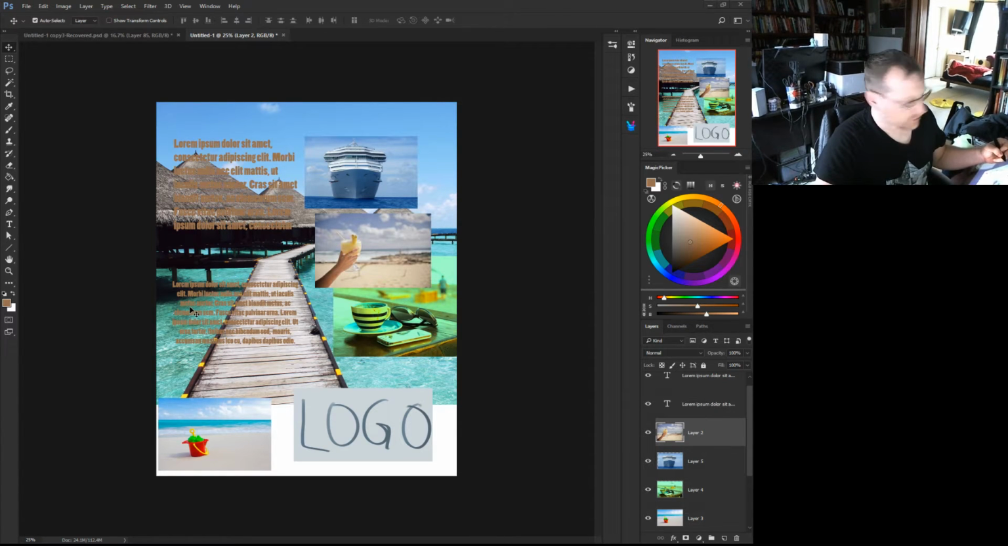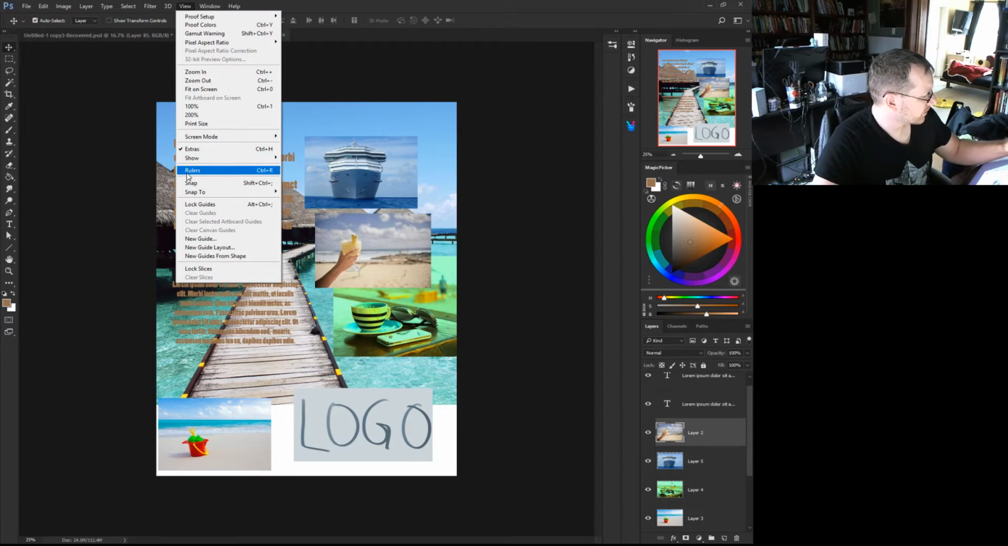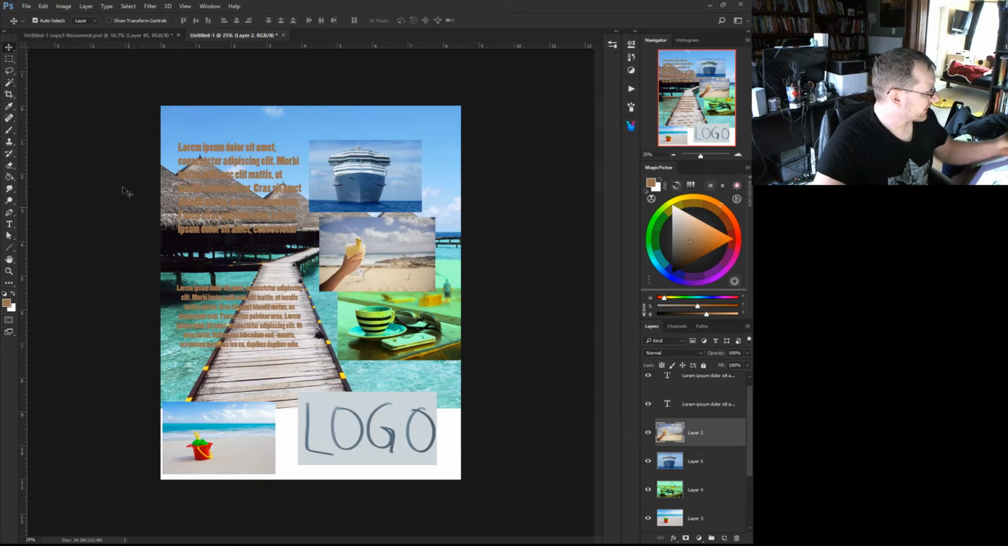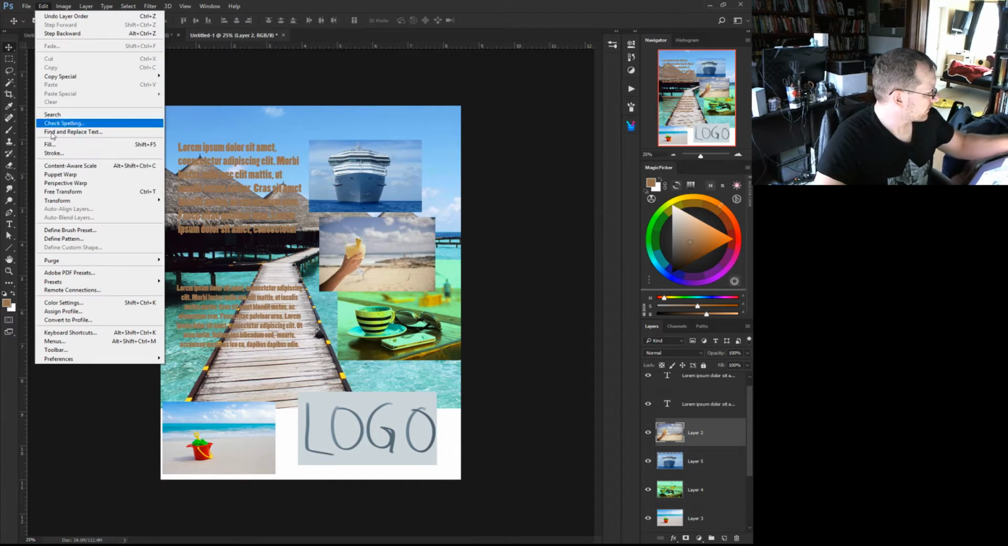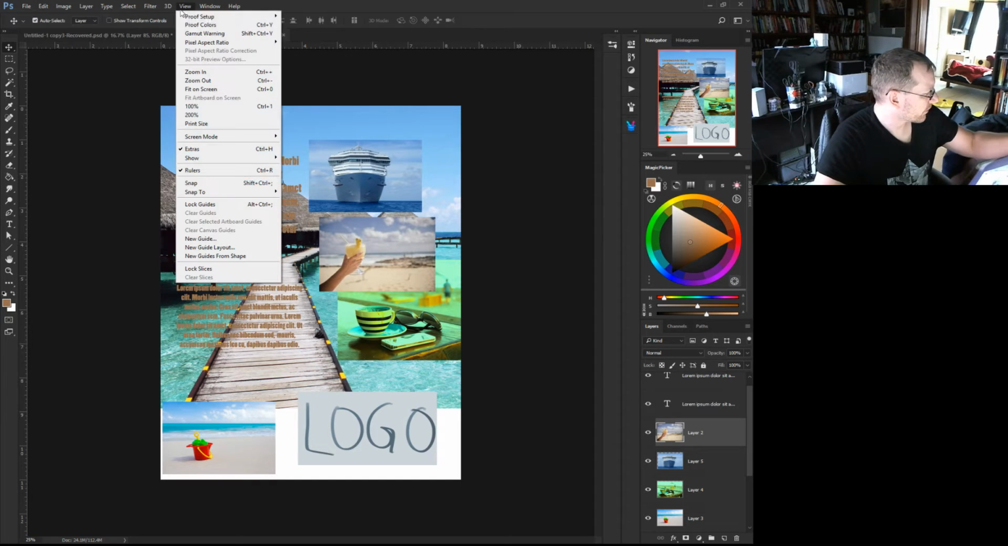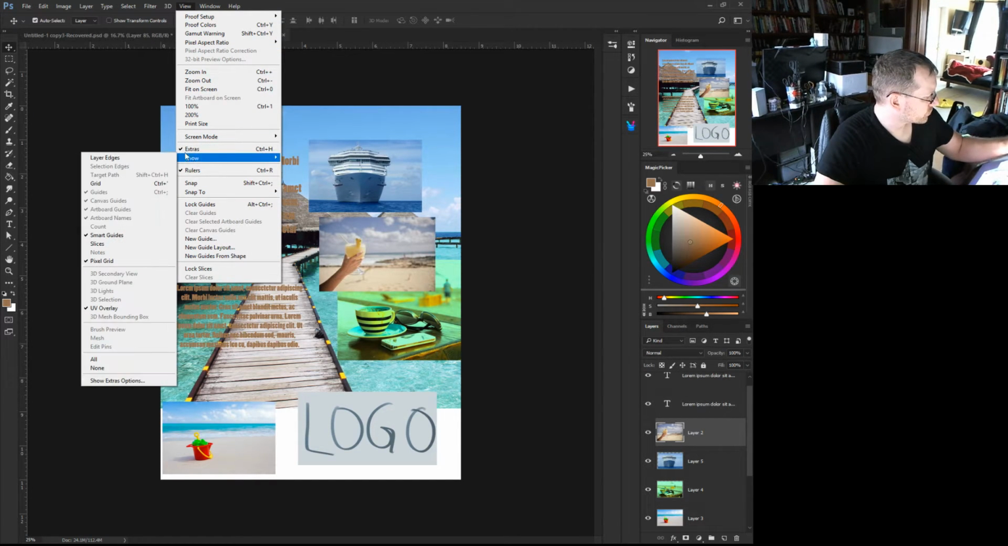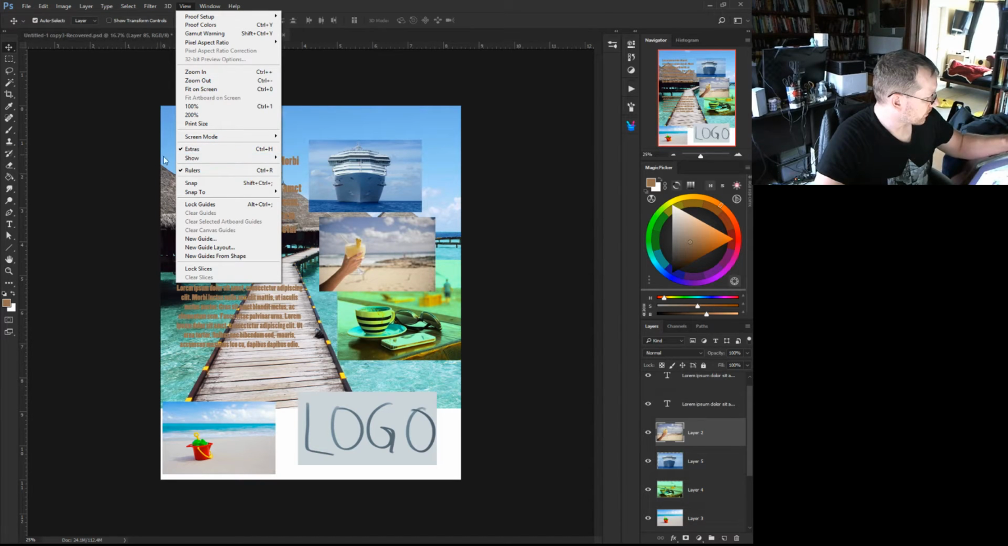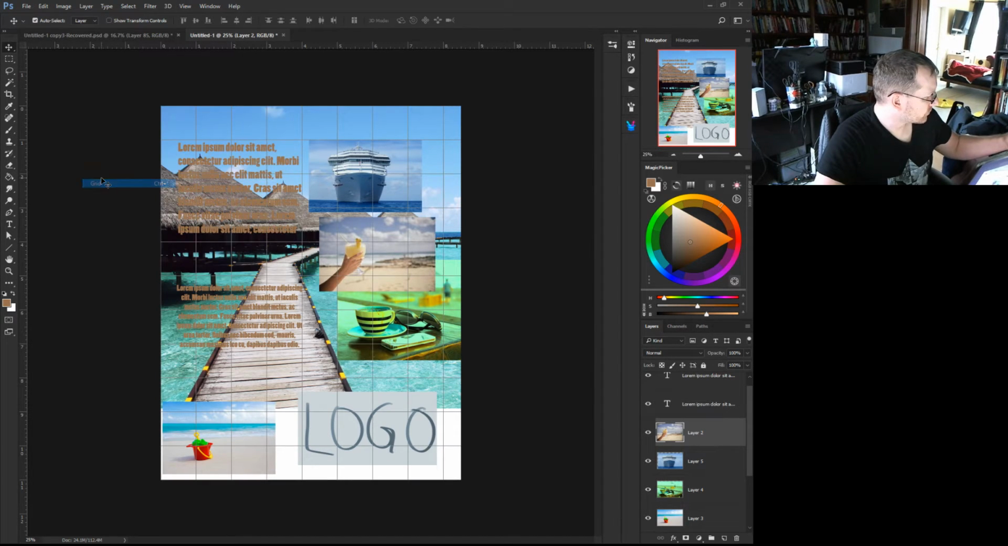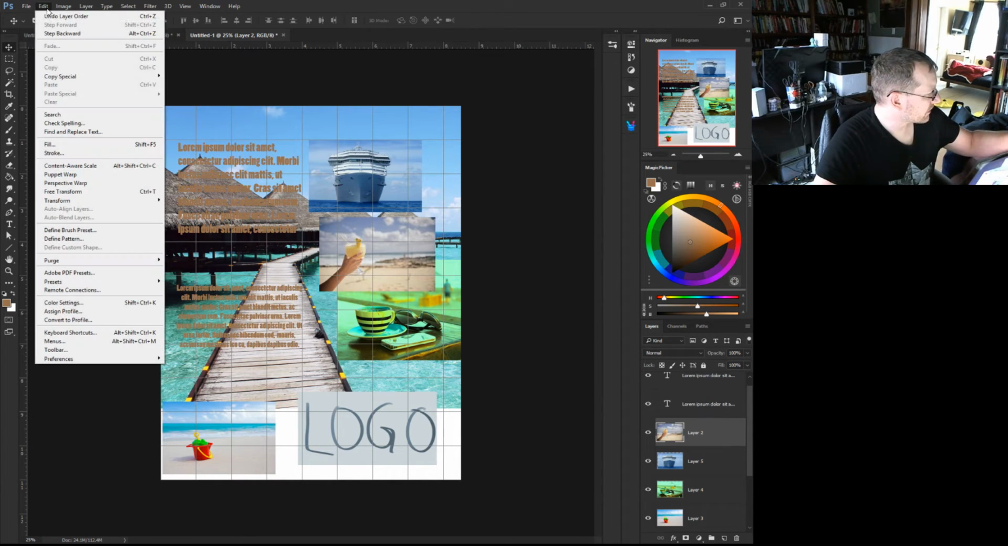grid. So I'm just going to show my rulers, view rulers here, and I'm going to go to view, show, and I'm going to just do grid real quick here. And you'll notice that this is about an inch and